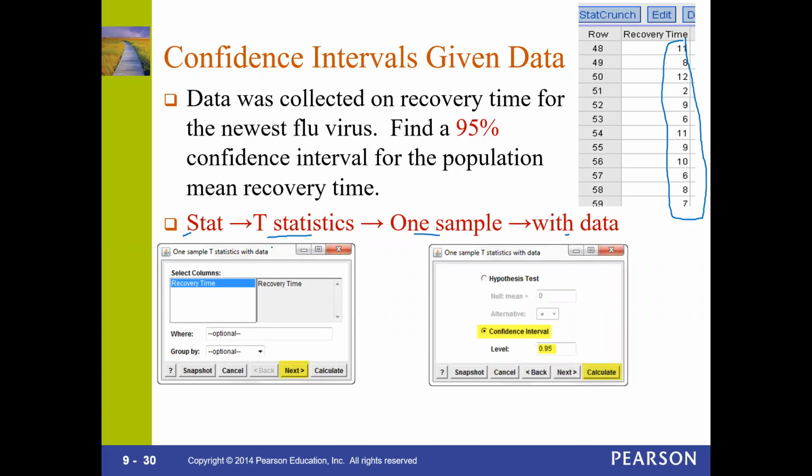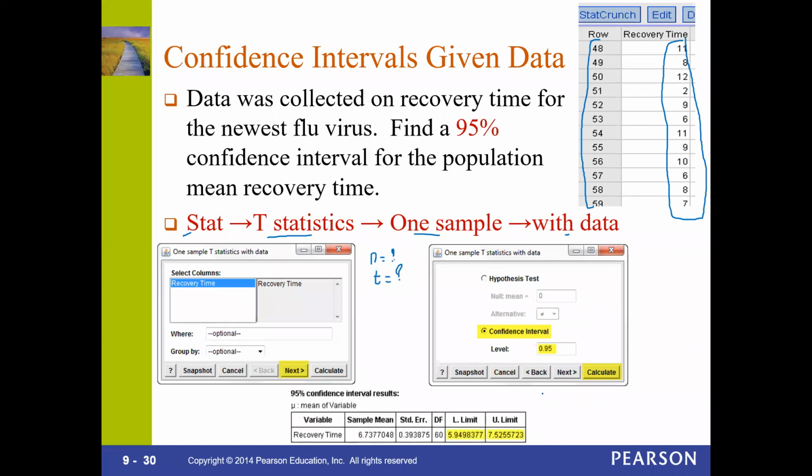As you can see, you only need to remember what N is here. I know you can count it from the list, but if you type it in, you can find it anyway. There's only T to know, and then it's very simple like this. Then you calculate it, and that should give you an answer right here. That means mu will be between 5.95